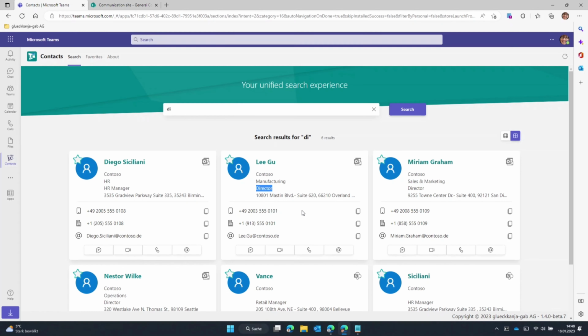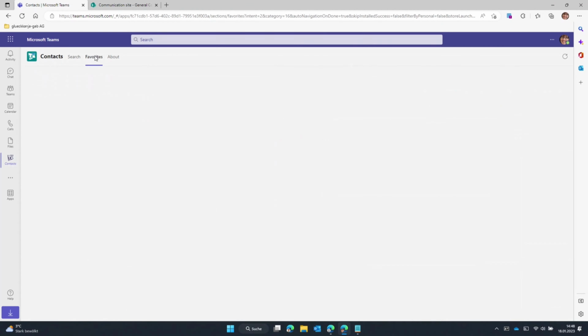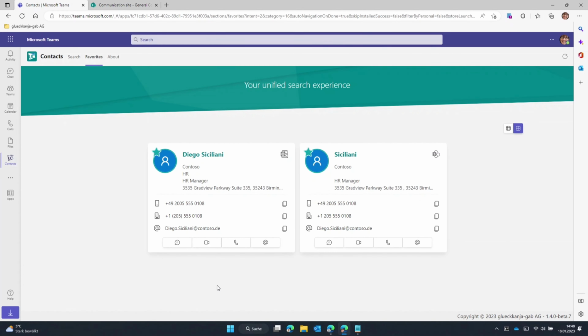So this is the functionality that you can just mark a contact as a favorite. So therefore then, if it's checked, you will see these are just favorites. If you then switch to the favorites tab, they are just in there, and you can unselect them in here if you like, but just keep them in there. So the favorites tab does not have an explicit search bar anymore because you know what your favorites are. So if you go back to the search bar,